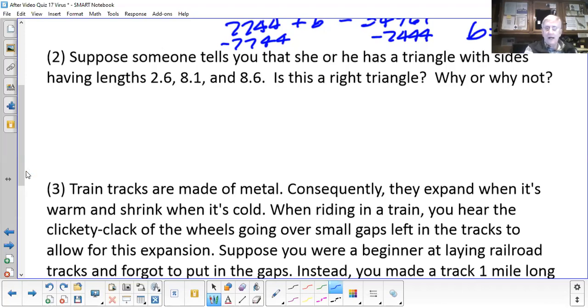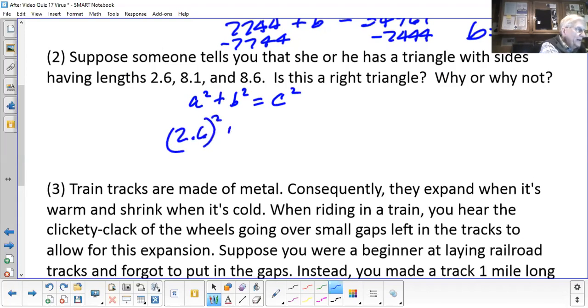Well, to do that, I pretend that the sides are indeed fitting the rule of Pythagoras correctly to make it a right triangle. And I show whether or not the statement is really true. So I write down a squared plus b squared equals c squared. I put the numbers in there, 2.6 squared plus, now 8.1 would have to be the other leg, right? Squared. Does that equal